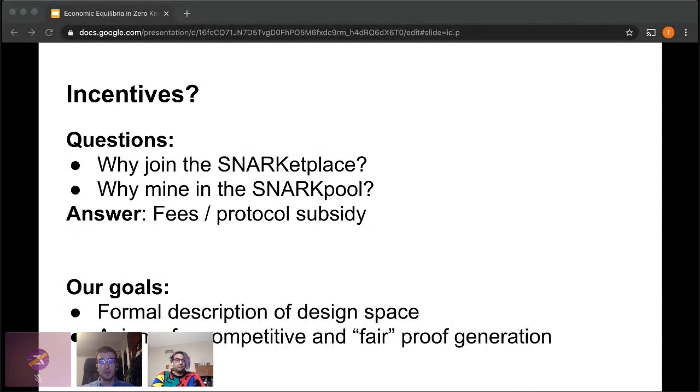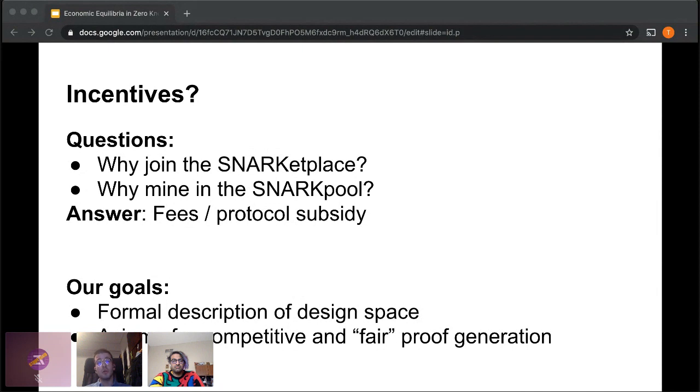What's the intuition? The goal of this work is that we take into account that we have multiple agents who have multiple roles, which may overlap. So maybe I spend some of my resources on being a block producer, some of my resources on being a prover. And we'll need a simple formalism to look at the design space and see how the revenue should be split. And in economics, the way of doing this is to specify axioms which enforce constraints on agent preferences. And these rules and axioms will provide us with the intuition that we're looking for.